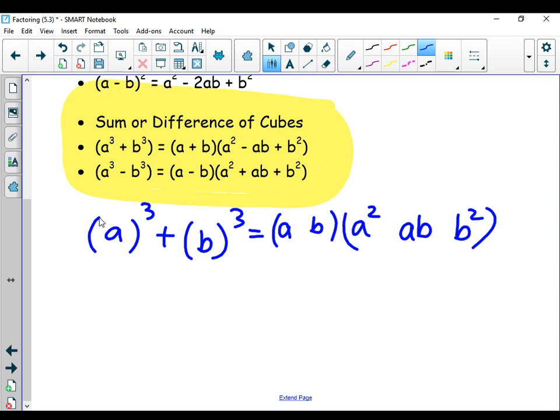Okay? Now, the signs, you might have heard people talk about it, but this is called the SOAP formula. How does it get to the name SOAP? This is the same sign as this one right here. This is the opposite sign of this sign right here. And this one's always positive. Okay? Notice at the top here, same sign, opposite sign, always positive.